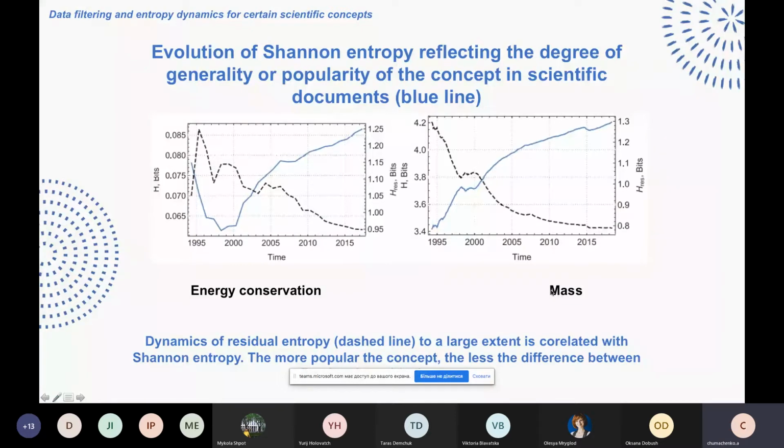We have these examples of energy conservation and mass. For these two concepts, we can see the dynamics of the Shannon entropy and residual entropy. And we say that, okay, if we have the time series for all of these concepts which were taken as basic by their algorithm, we can